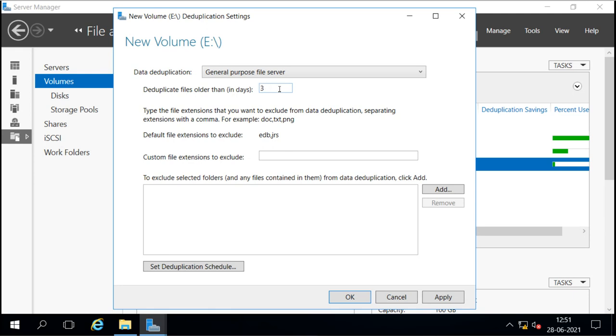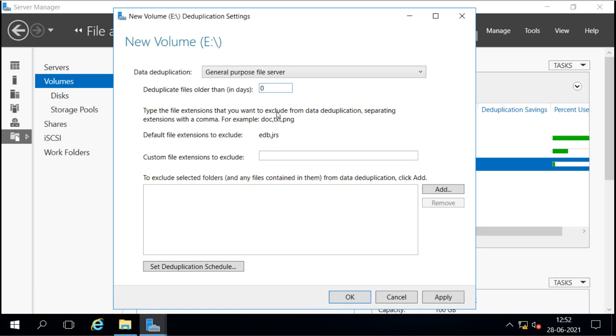So we don't remove that data until these 3 days. Now we can't wait for 3 days, so I will make it 0, so that the data we have created right now can also be optimized.